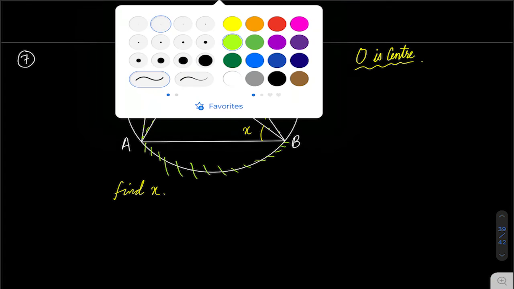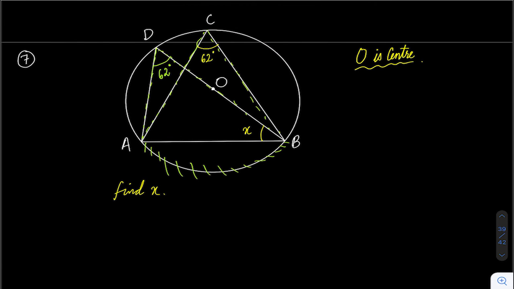Okay. So now what else? Now when we see this diagram, you can observe one more thing here. I am not using any one specific method. Whatever I am observing, I am just writing it. So I can see that BD is a diameter. So what does diameter do? It subtends 90 degree angle. So this complete angle should be 90 degree, or this should be a right angle.